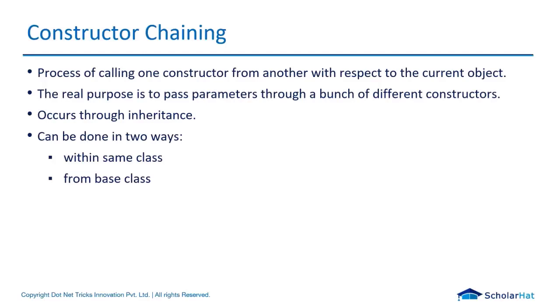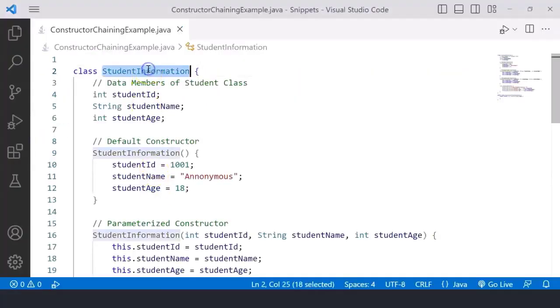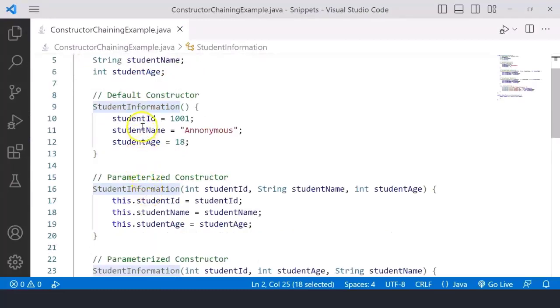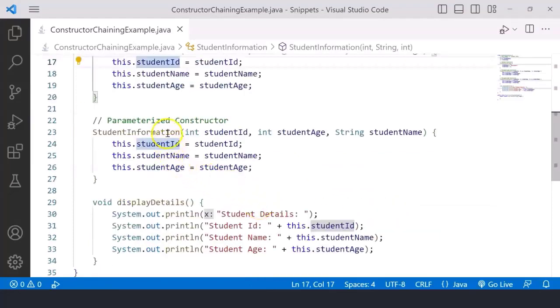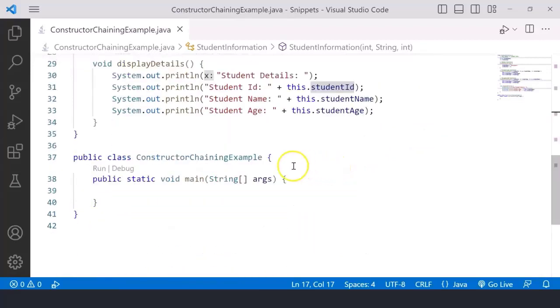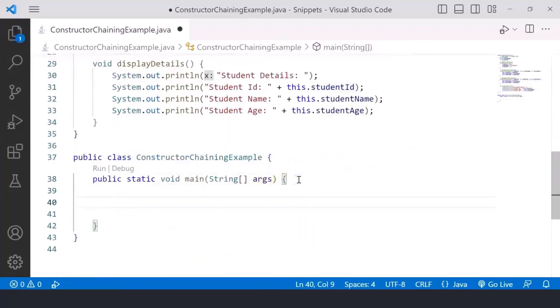So let me help you out with how it gets implemented practically. Through inheritance, I will tell you later, the moment inheritance gets started in the next session. Right now I'm telling you how constructor chaining can be achieved within the same class. So let's get started. Here is a student information class that has a default constructor, a parameterized constructor with 3 parameters, and here we have a parameterized constructor with 3 parameters in a different sequence. For example, coming up in this main method,